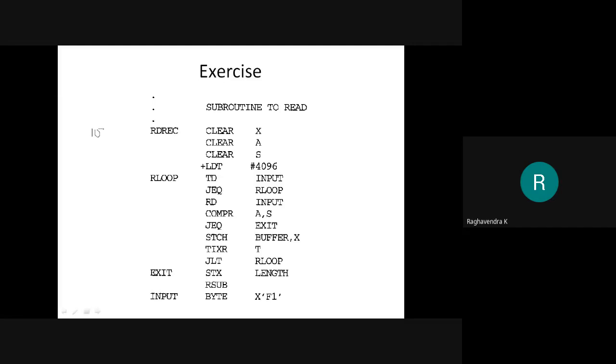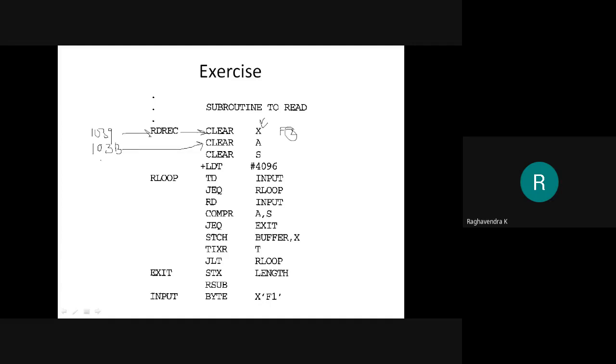Okay, I hope everybody followed this. At 1039 we have an instruction of format 2. Why it is format 2, I already told: this instruction contains a register as an operand. Wherever an instruction contains a register as an operand, it is format 2. Format 2 size is 2 bytes, so I have to increment by only 2. So it is 103B. Okay, so this is 103B.